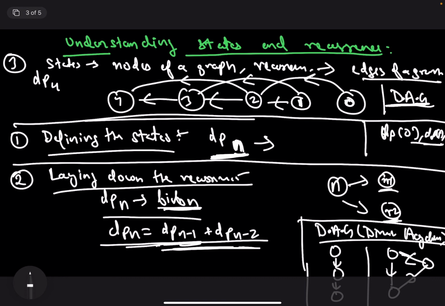If you look at this graph over here, it's a directed acyclic graph because you cannot come back to the same node from any path that you follow. For example, if you leave 1, you will never be able to come back to 1. That's what a directed acyclic graph means. It's very important to remember that whenever you draw the graph for a recurrence relation and a state, it should result in a directed acyclic graph. This will start making more sense when we look at the third subproblem.